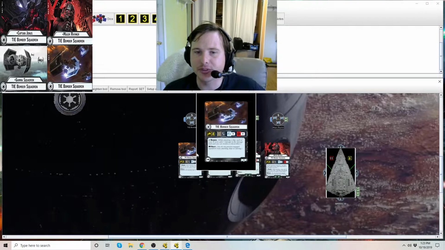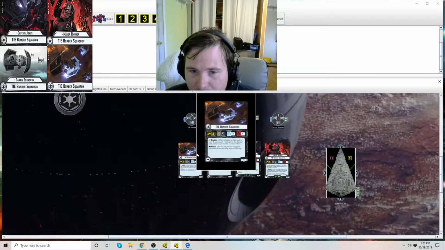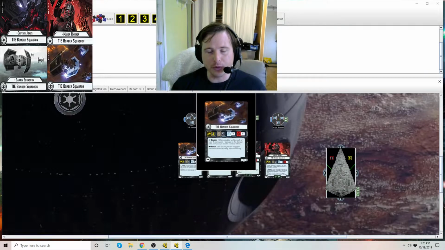So the TIE Bomber gets 2 keywords. They get the Bomber keyword, which is: while attacking a ship, each of your critical icons adds 1 damage to the damage total, and you can resolve a critical effect. So for most fighters, when they are attacking a ship,